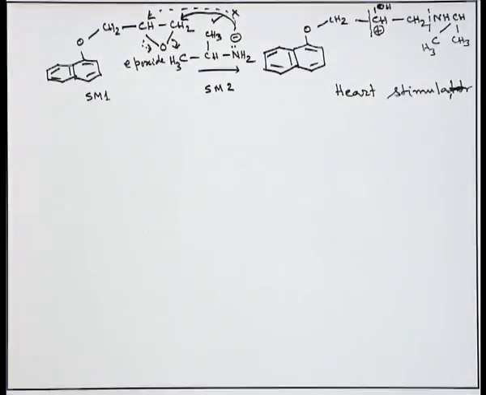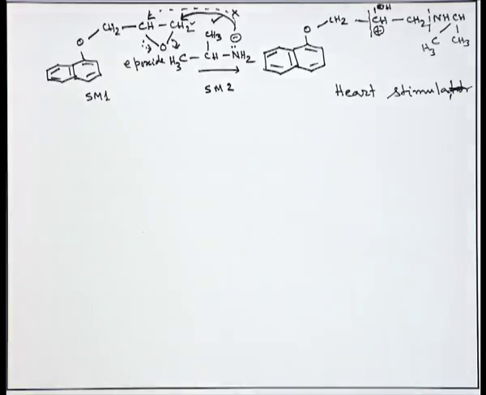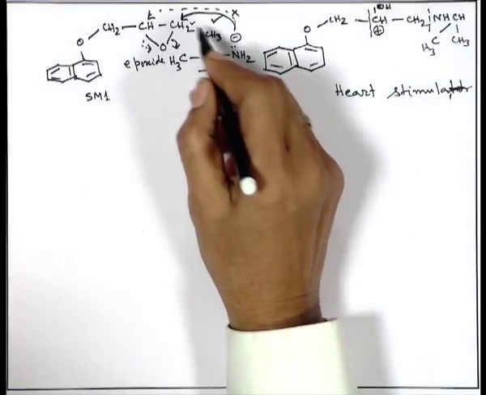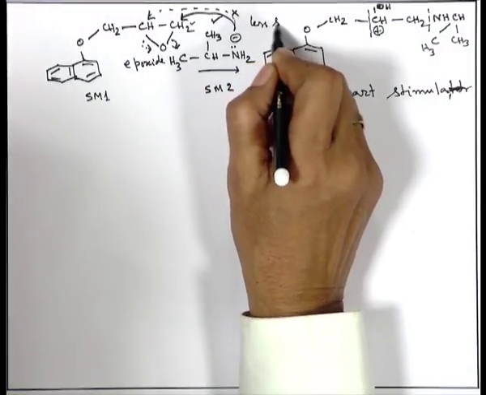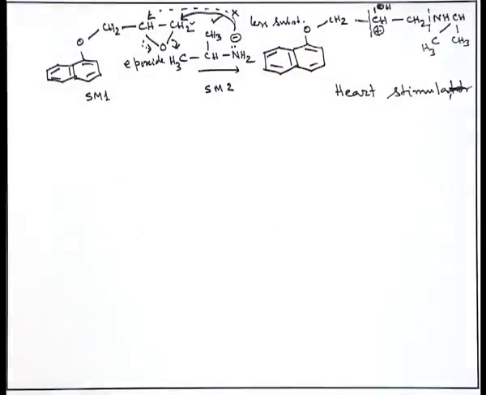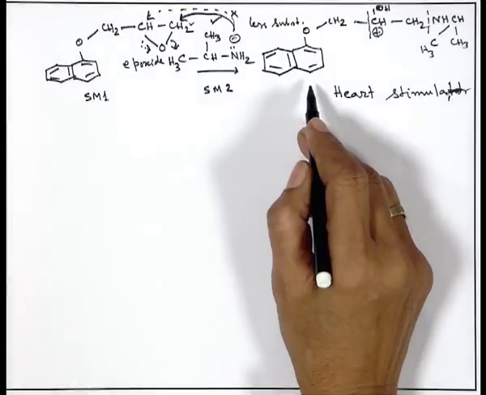This is number 1. That could happen over here also, this side also. But during that process, you get a transition state where almost carbon is pentavalent, means very much crowded. So, what the nucleophile will prefer for an SN2 type reaction? A less substituted carbon. And if you look very carefully, this is CH, CH2 and this is only CH2. That means, here there are 2 hydrogen, here there is only 1 hydrogen. So, that is the reason the less substituted side will be attacked, then you end up with this compound.